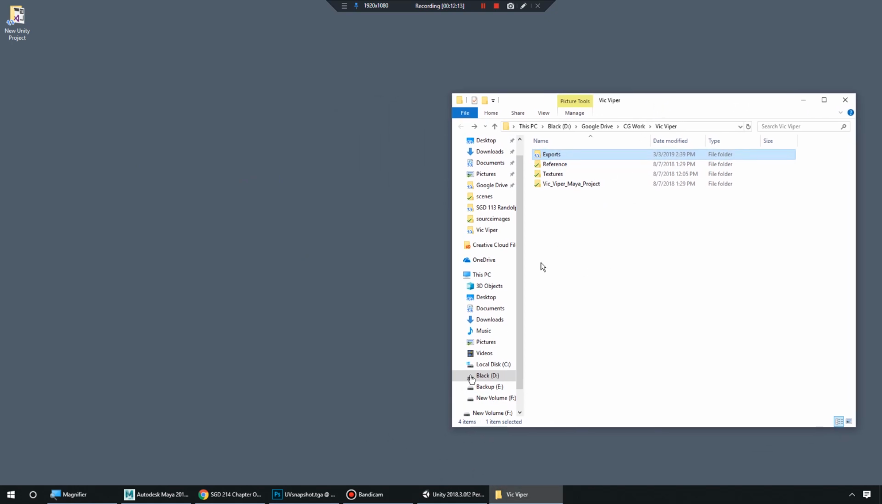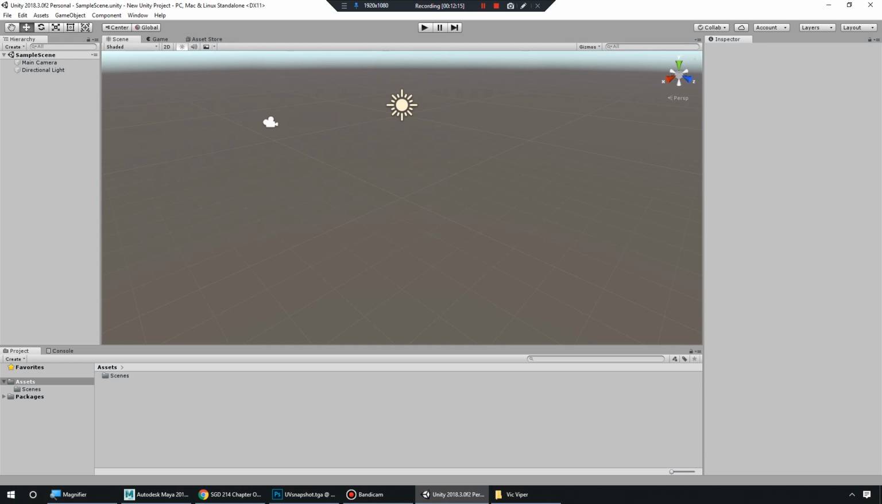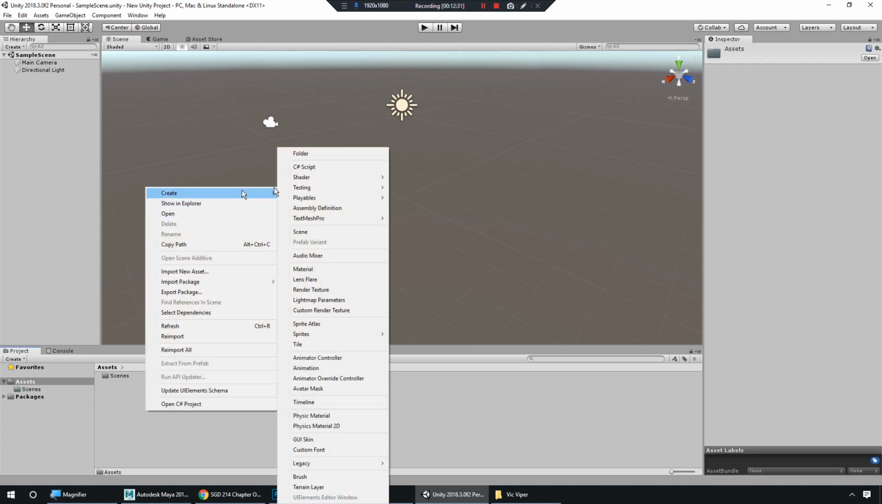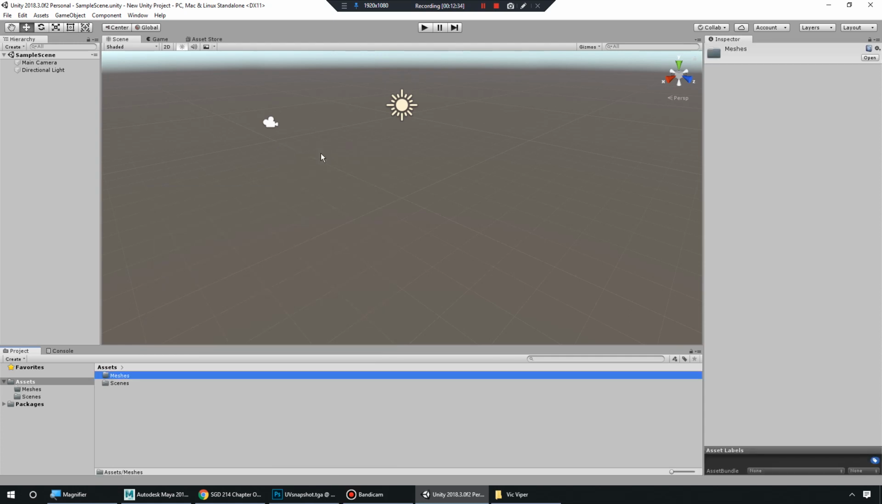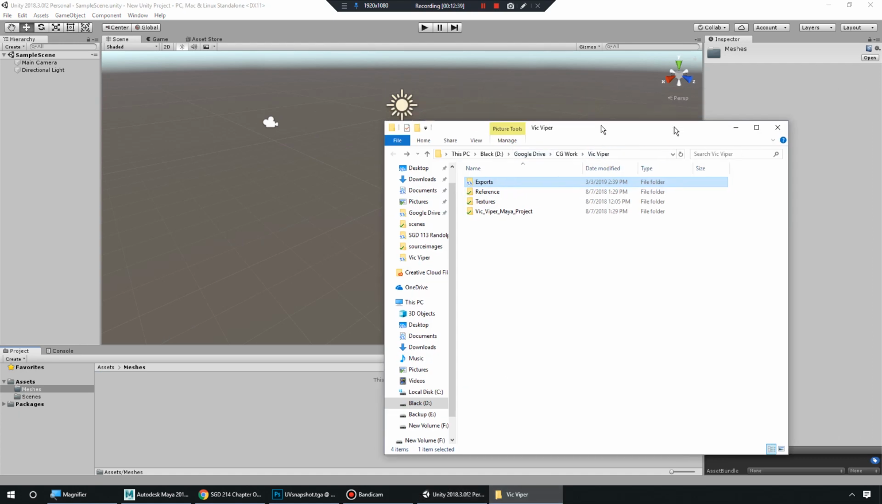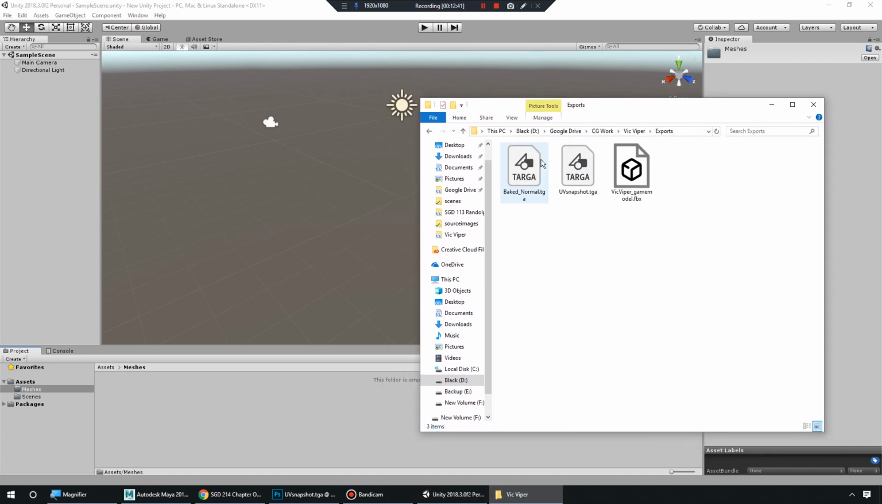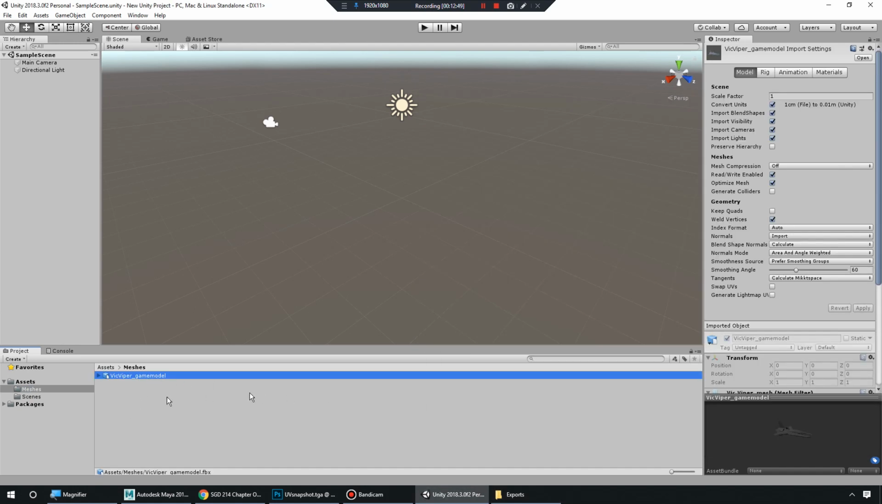Perfect. So now why don't we see how we can import our game exported FBX into Unity. So just like I made a folder for my projects inside of the Windows, I'm going to create a folder inside of my projects inside of Unity, and we're going to call this meshes. This is where all my imported meshes are going to live. So let's bring up my Windows folder, and we're just going to drag and drop. So I'm going to go to Exports. I'm just going to drag and drop my FBX onto my meshes folder, and now we see that my game